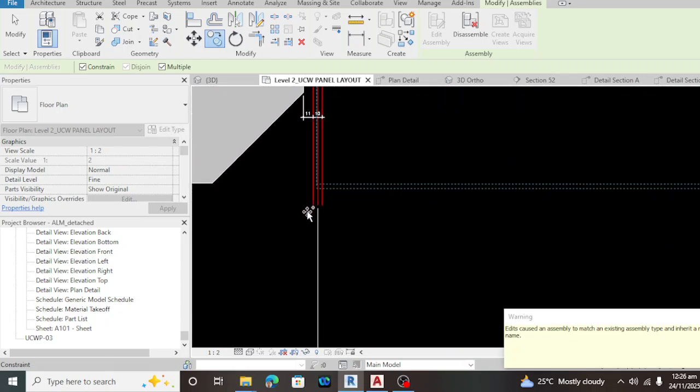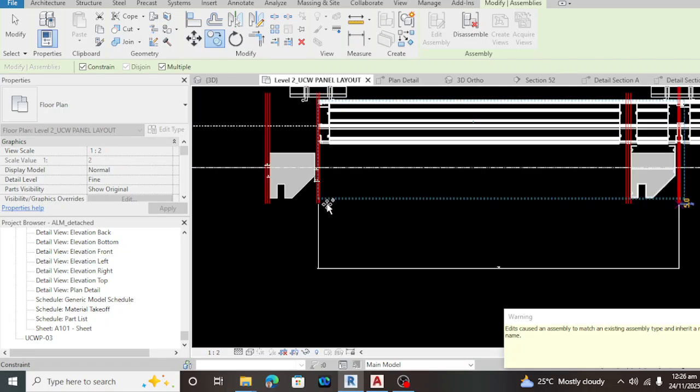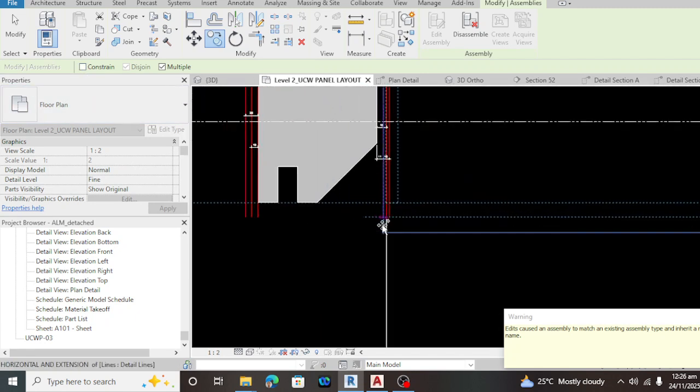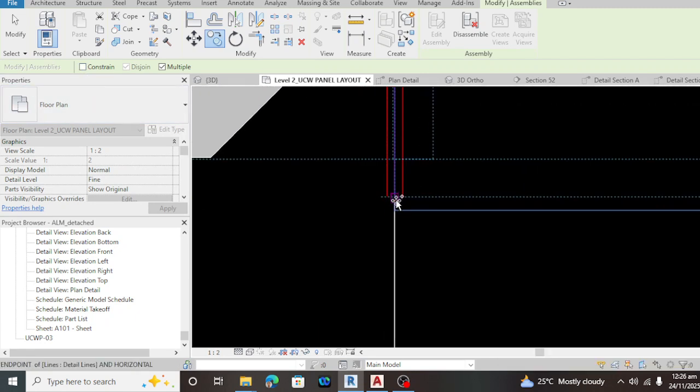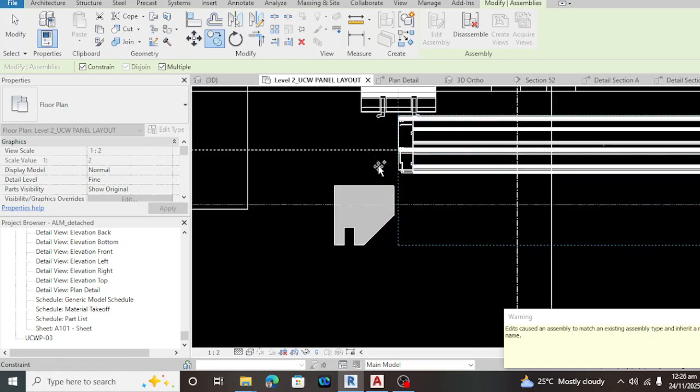Bullnose layout. There's the Bullnose layout. Oh, look, that's very easy, guys.